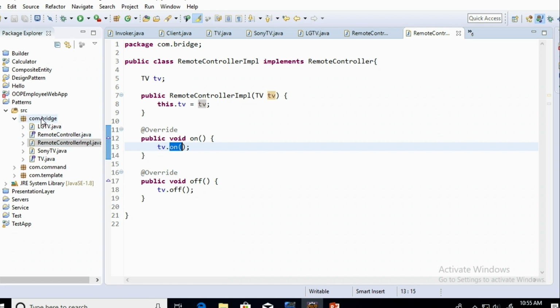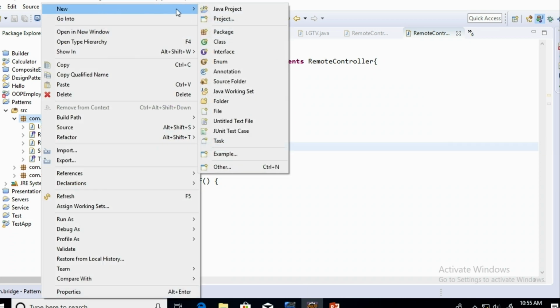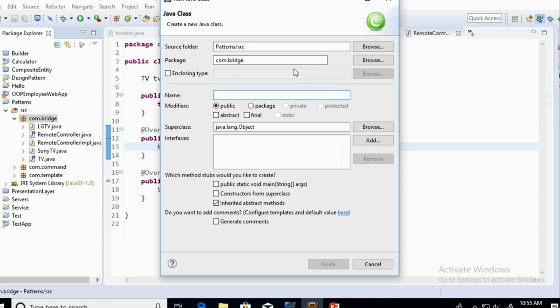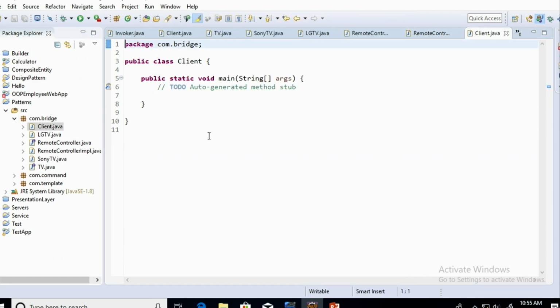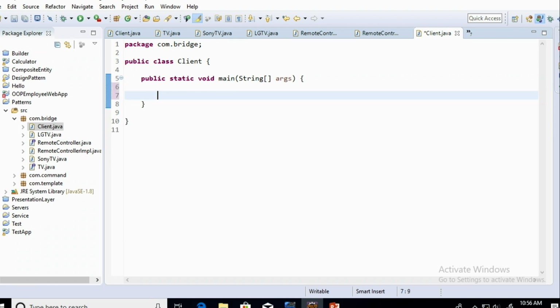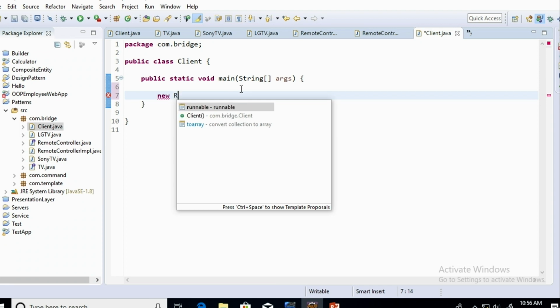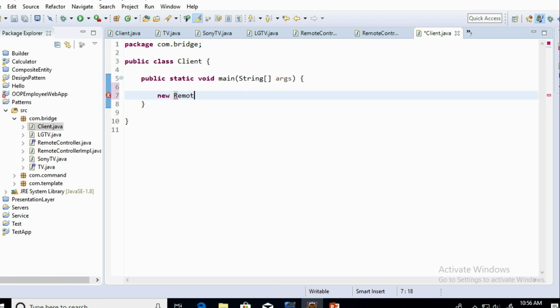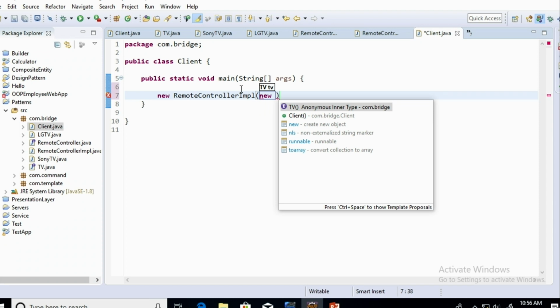So in my test class, I have to have another class, client. So in the client, let's say I'm going to implement the main method, right? If you want, you can directly implement, let's say I'm going to pass this object. I don't need to create any instance.